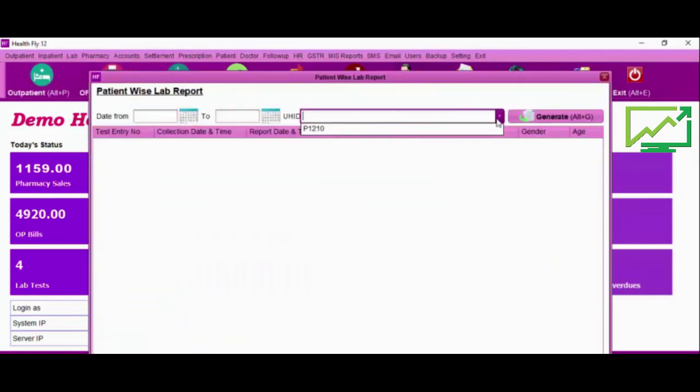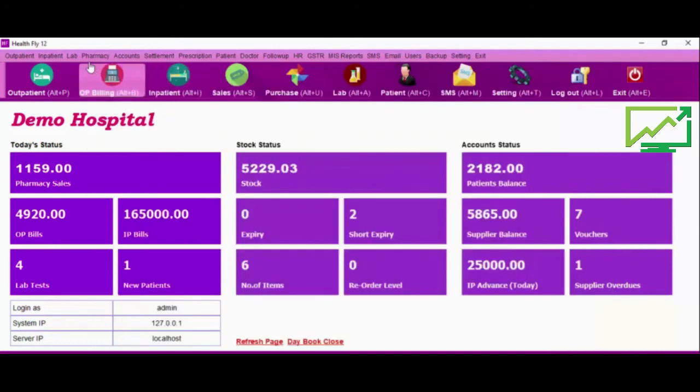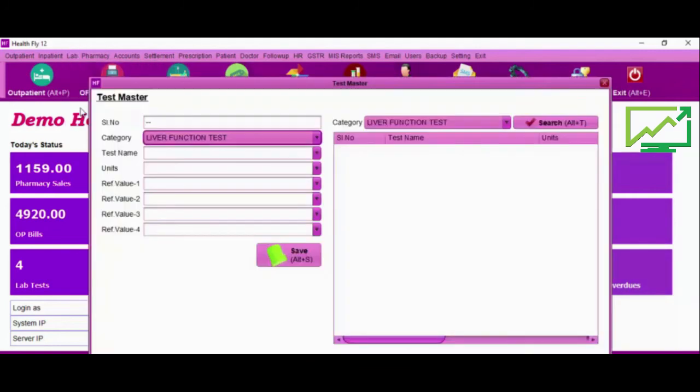Patient wise report. So no need to worry about this test list. If you want, you can create your own, or if you want, we can load the default test.